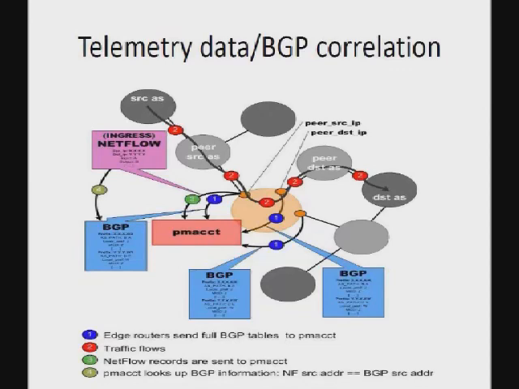And that triggers step number 3, which is sending telemetry data to the collector. Step number 4 is looking up this telemetry data in the collector to see if there is a corresponding BGP table where BGP data, control plane information, can be looked up against. In the most basic scenario, this is done just by comparing the source IP address of, for example, the NetFlow agent and the source IP address of the BGP peer. Of course, all sorts of mapping is possible in this sense.